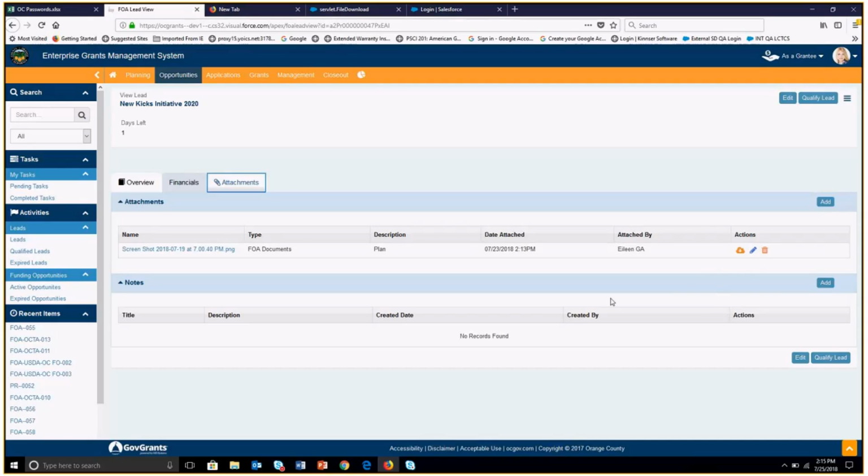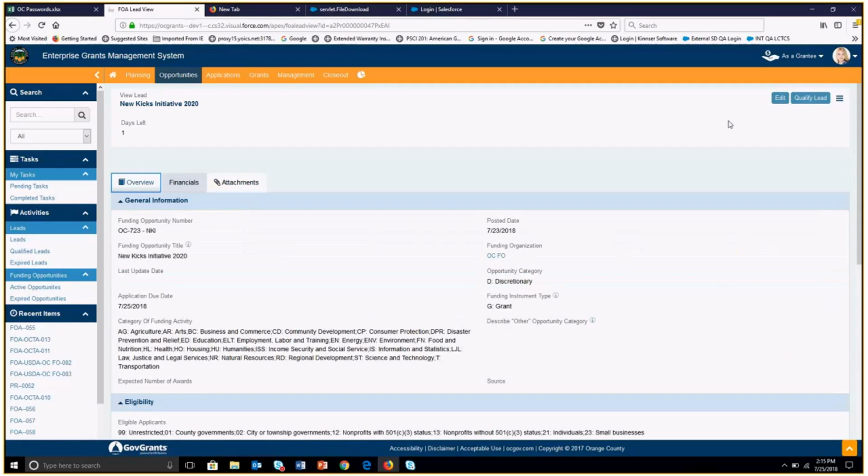I can add here, there's my notes functionality. Okay, so I added the lead. I'm going to go ahead